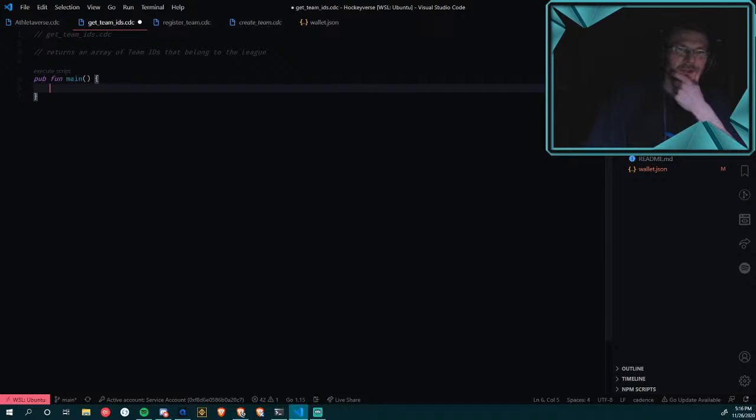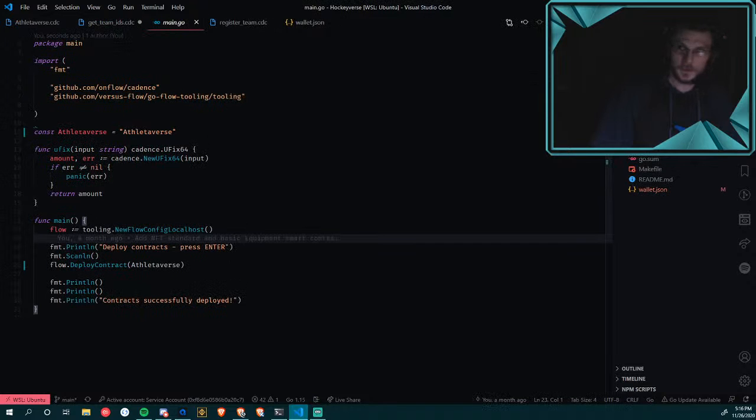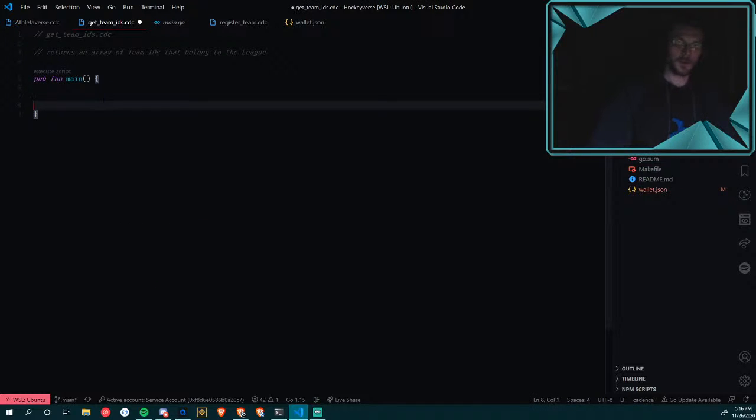Are we gonna pass anything in? No, not for this one, because it's too complicated for my brain at this stage. No, it's not. Can we do it with our tooling is the question. I think we can. I don't know. I'll do that next time. We're just gonna do a hard-coded script quickly just to double check.